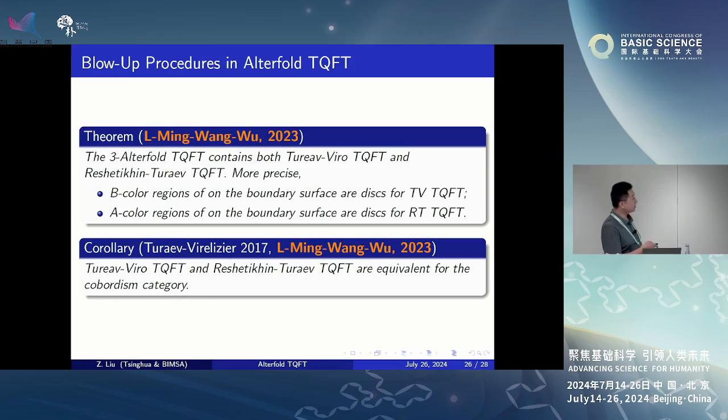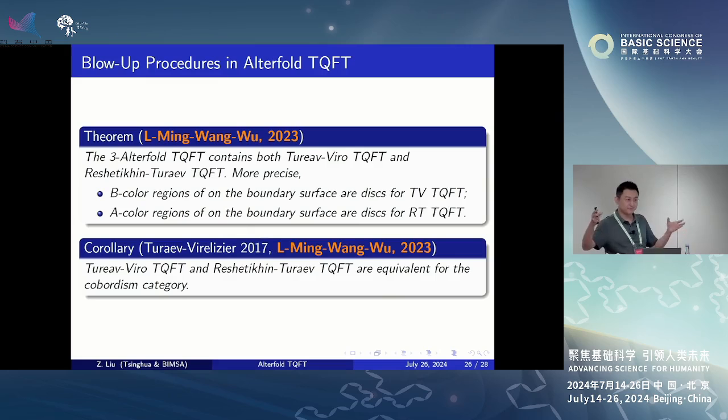And in particular, we can recover the original TQFT even with boundary condition. Like for the original 1+2 TQFT, we can have the boundary surface with triangulation. Now we have those that correspond to a boundary condition such that all the B color regions are just disks, they are contractible. And for Reshetikhin-Turaev 1+2, we have those intersections of the boundary surface with the links, so they will be points. Now those points blow up to circles or just disks with A color inside. So these two are really fused to each other. One has boundary condition with contractible A color, the other has contractible B color.